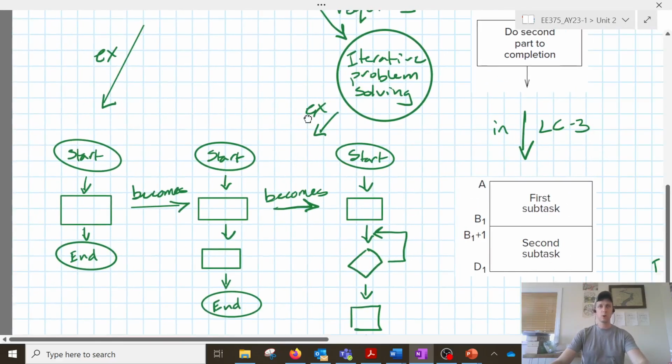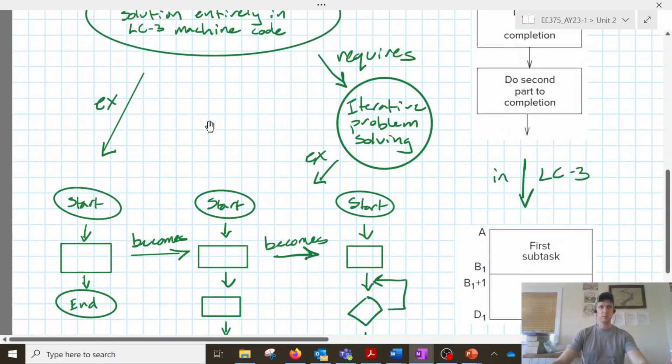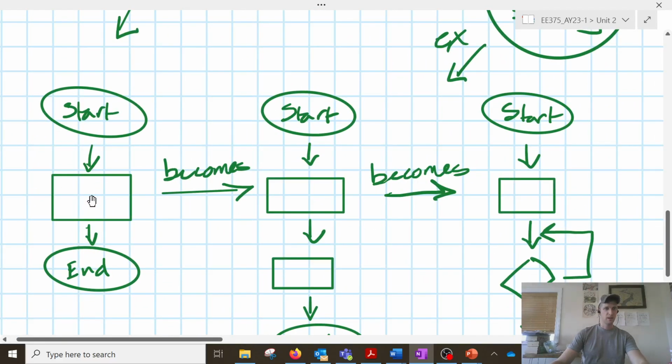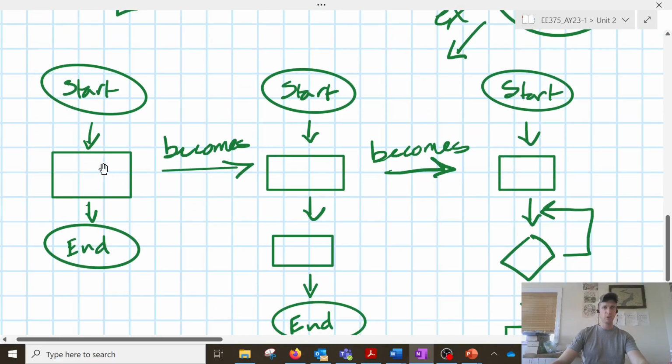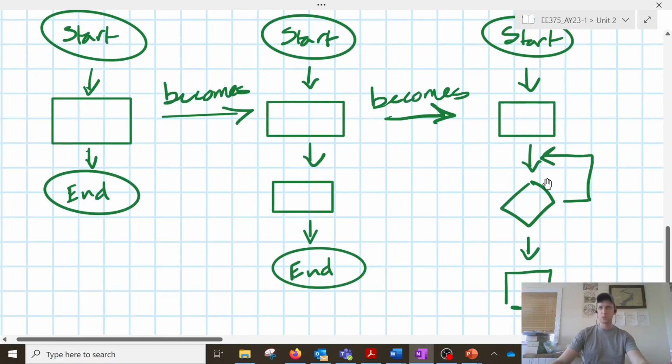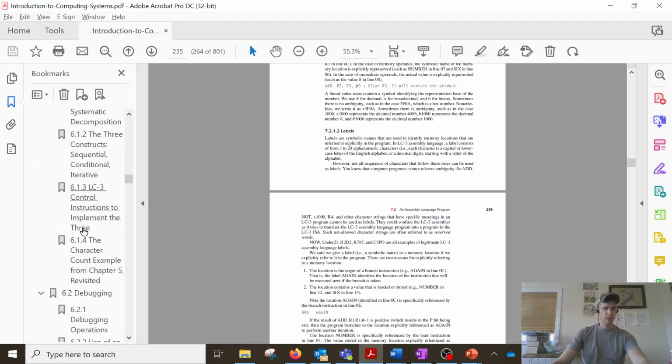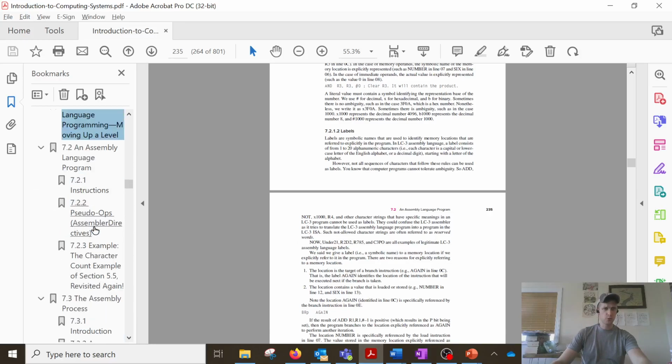So that requires some iterative problem solving, meaning we are going to effectively start with a very simplified flowchart and break that flowchart down into sequential steps or into iterative steps until such time as these squares of code to be executed, these diamond conditions to be tested, can be implemented directly in LC3 machine code. And so you can see an example of that in the book if we go to